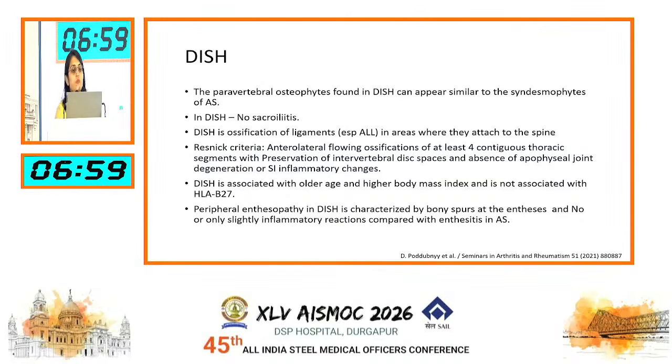To confuse the whole thing, as I was showing in the picture before, DISH is associated with peripheral enthesopathies, and it's characterized by these bone spurs which I showed. But the ESR and CRP levels will be totally normal. If you get such enthesitis in ankylosing spondylitis, the ESR and CRP should have shot up. But with enthesitis with normal inflammatory markers, it's more suggestive of DISH, and we should carefully exclude it from ankylosing spondylitis